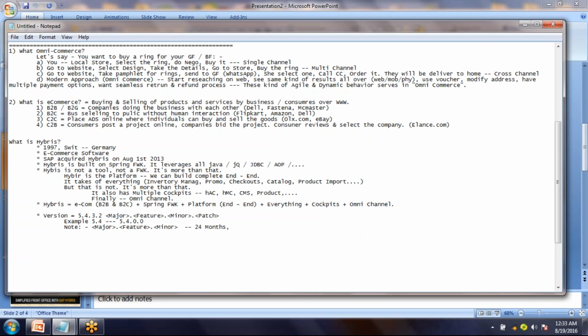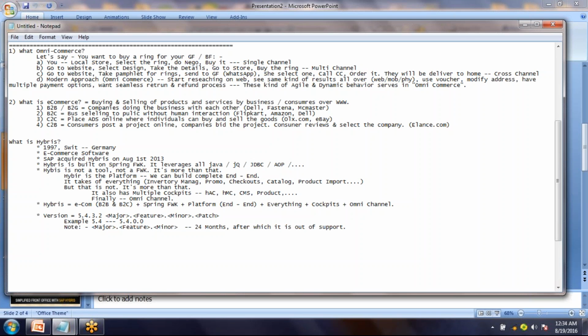After which it is out of support. That's a very key important point here. These major, feature, minor versions are maintained for 24 months, after which it is out of support. After that, it's not valid. That's about the Hybris